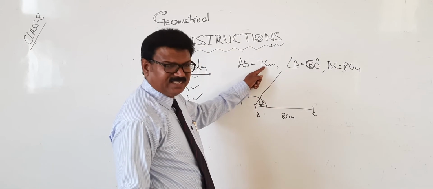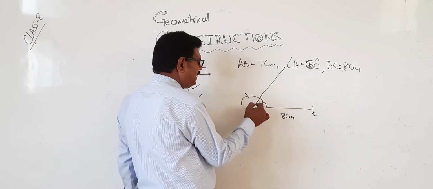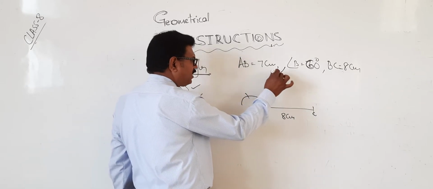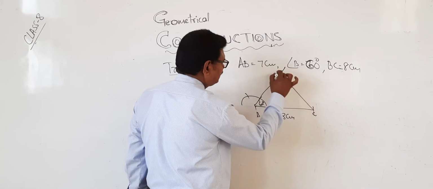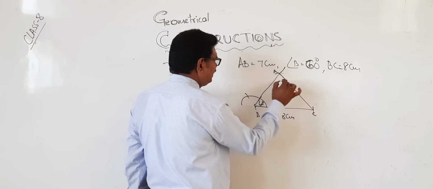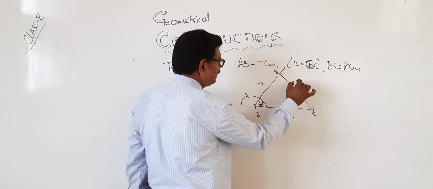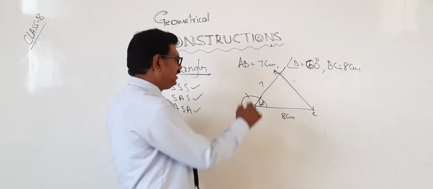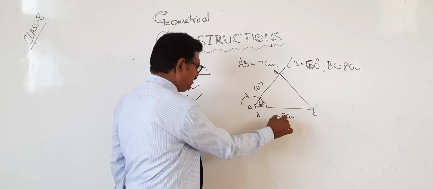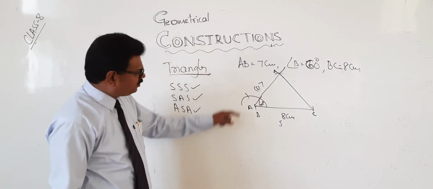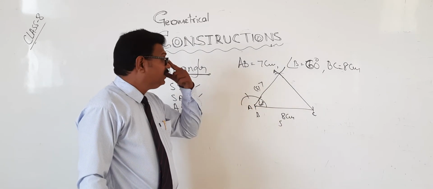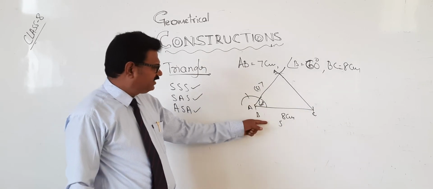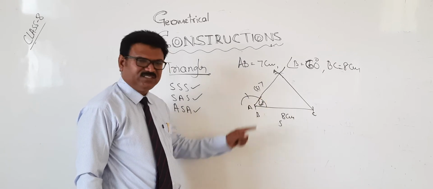Now AB, how much is there? 7 centimeters. From here take 7 centimeters radius. Keep one end on B. Cut this over. Cut. This is nothing but A, and it is 7 centimeters. Therefore here it is side, angle, side. So two sides including the angle. If two sides are given and the angle is not included, it is not possible. Did you understand? Only if two sides including the angle are given is it possible. Otherwise it is not possible.